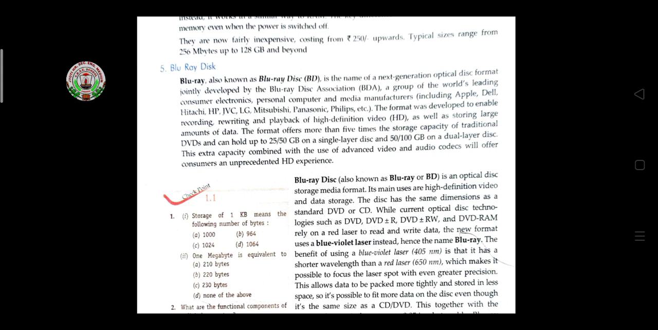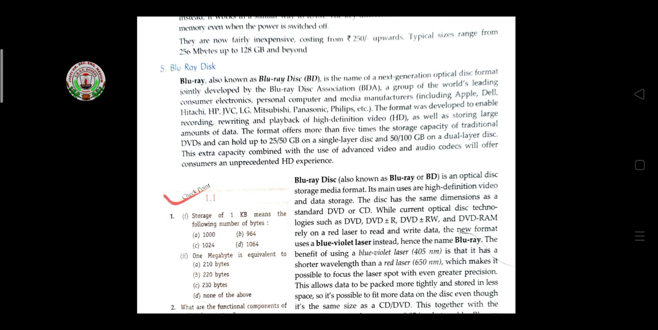And then Blu-ray disc. Blu-ray disc is the name of the next generation optical disc format jointly developed by the Blu-ray Disc Association, BDA, a group of the world's leading consumer electronics, personal computer and media manufacturers, including Apple, Dell, Hitachi, HP, JVC, LG, Mitsubishi, Panasonic, Philips, etc. The format was developed to enable recording, rewriting and playback of high definition video, and storing large